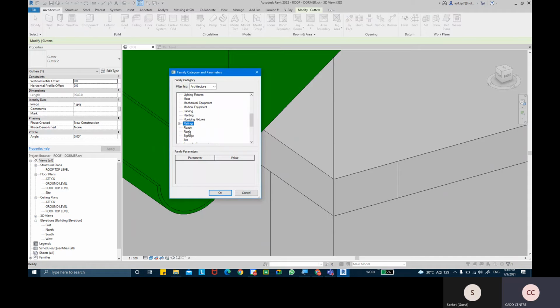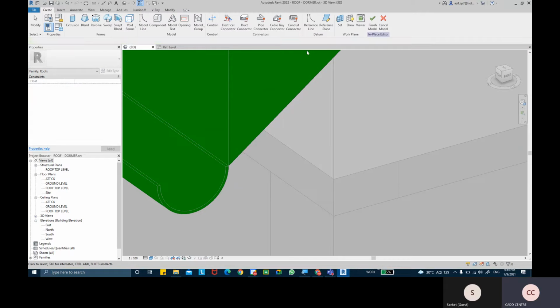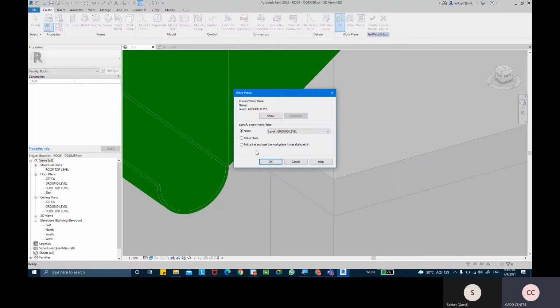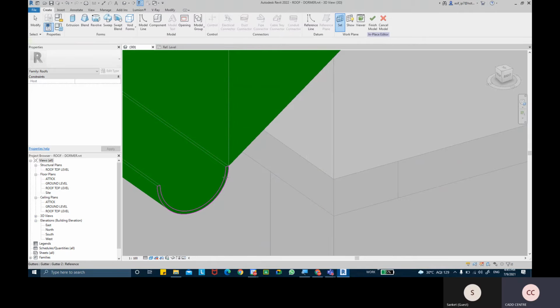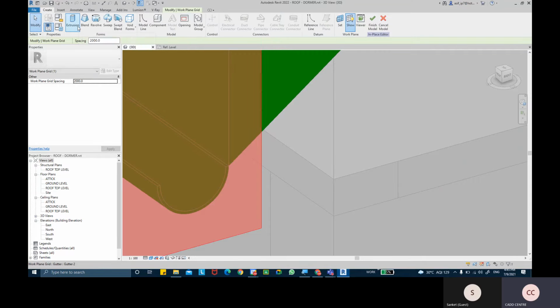Pick the category. Set the work plane first. Create an extrusion solid.